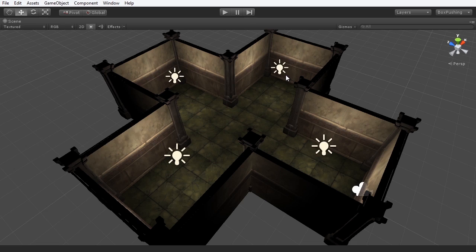Now, lighting calculations are very expensive and we should try to minimize them wherever possible. One little trick that we can do for objects that don't move is that we can save or bake the lighting information into their textures. Now, we know that these walls, these pillars and these floors, they will never move while the game is running. They're always stationary and in place. These kind of objects are called static objects, and with these we can perform what is known as light mapping